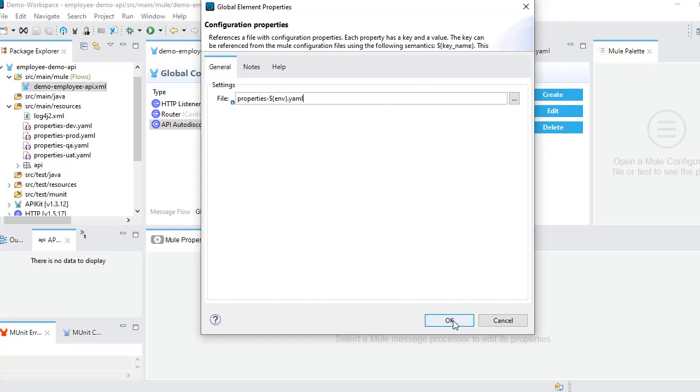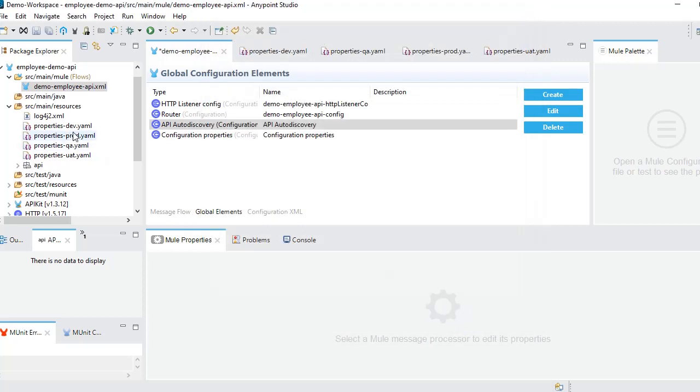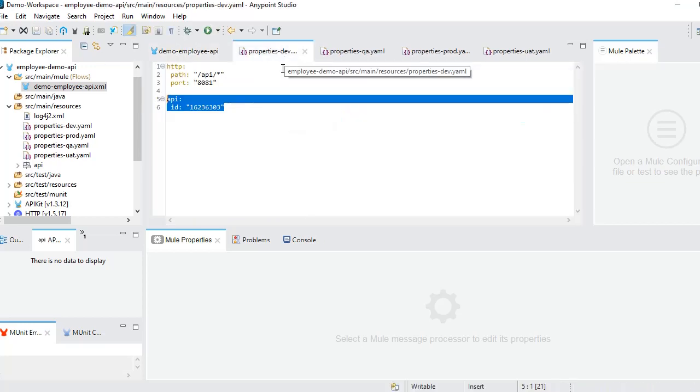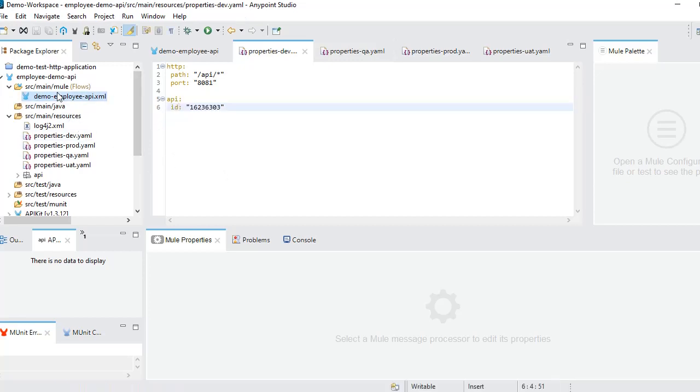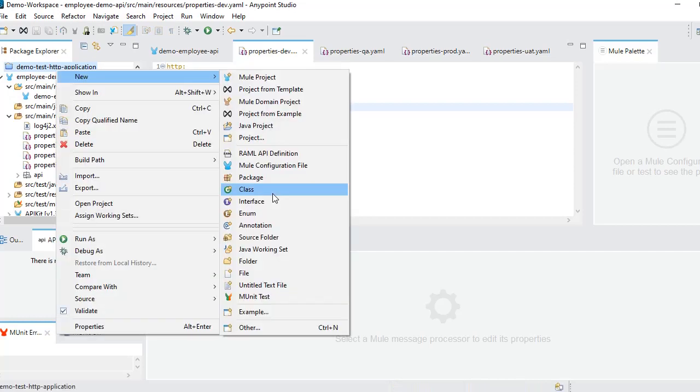Okay, now we are done. We have created the properties files, we have referred the configuration property here, and we have modified our code accordingly to the key names. Okay, this is fine. Good. Now we are good to go. We are good to deploy our application in different environments, and we can send this value as an environment property. Okay, to run this application locally, we need to provide a